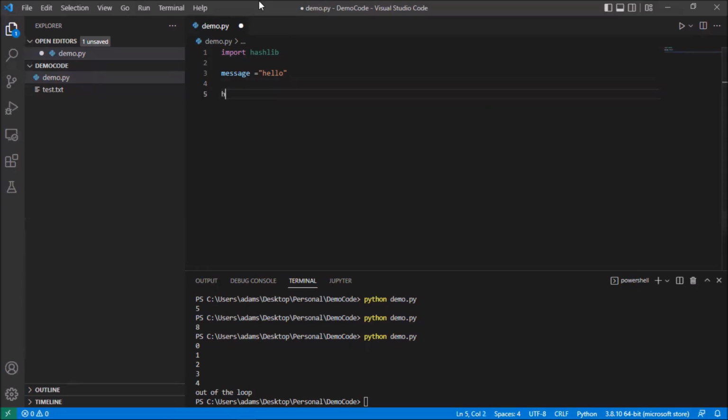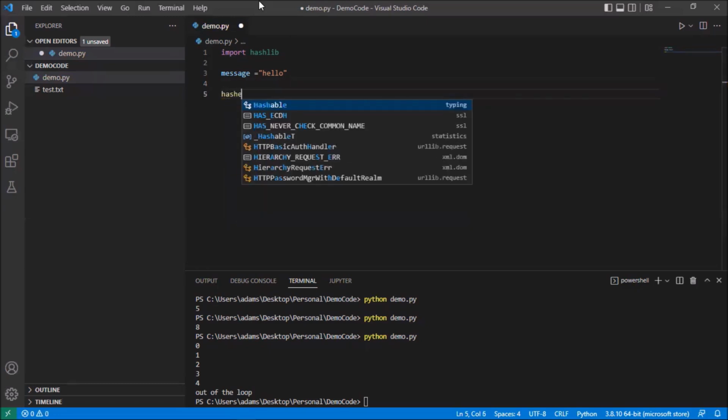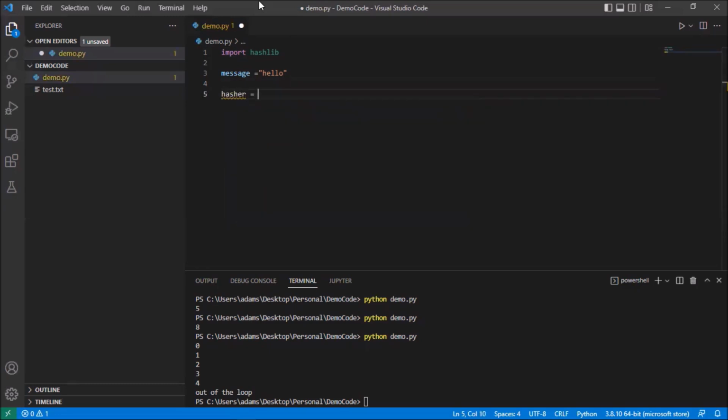So one thing I'm going to do here is I'm going to create an object and call it hasher. And I'm going to initialize it by calling the hashlib dot SHA-256. So it's basically creating using the hashlib dot SHA-256 class and creating an instance of that and storing it in